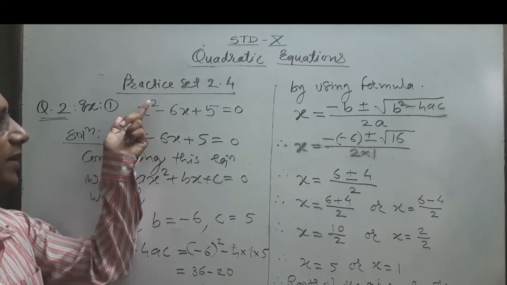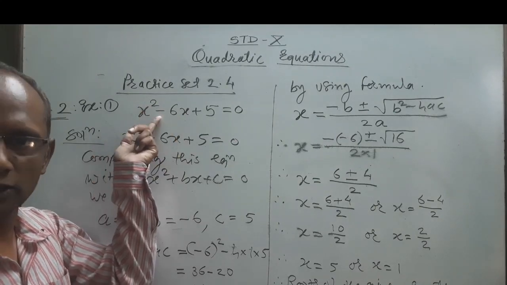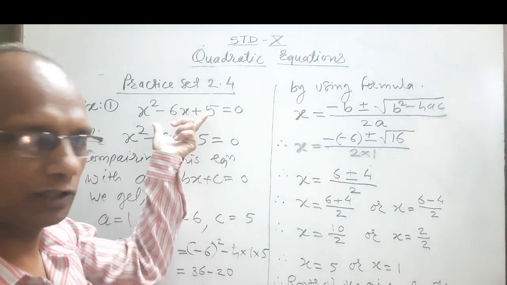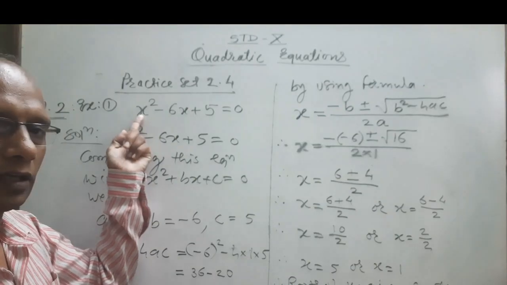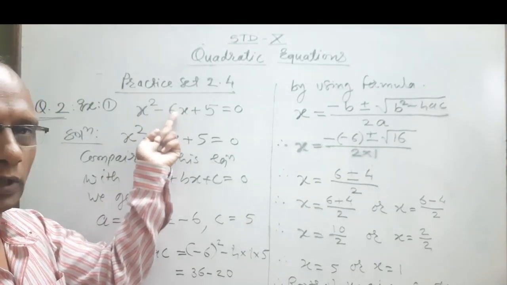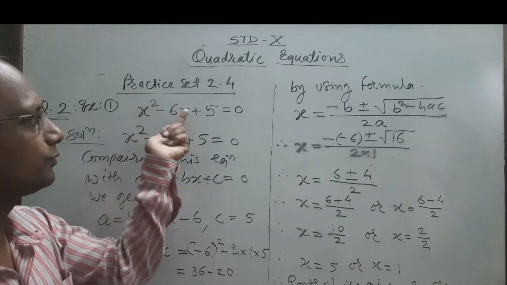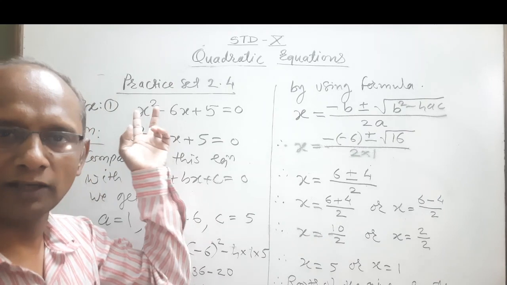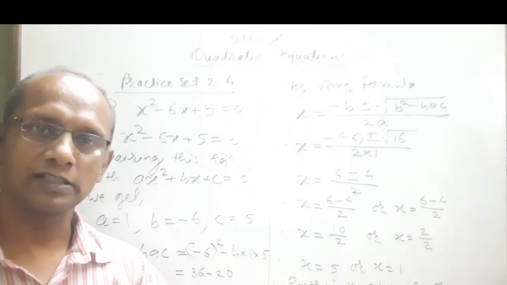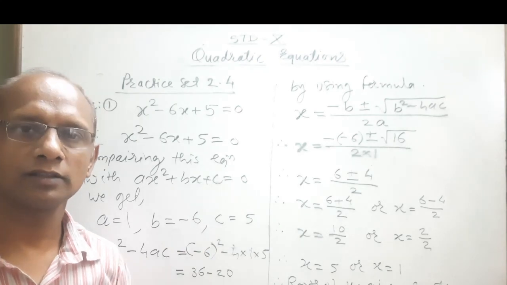Let us see, 5 square 25, 5 sixes are 30, 25 minus 30, that is minus 5, minus 5 plus 5 again 0, so this is correct. Let us see the second root, 1 square is 1, 6 into 1 is 6, so 1 minus 6, that is minus 5, plus 5 is again 0, so both these values are satisfying our equation, hence our answer is correct. Okay, write down this, we will see the next example.